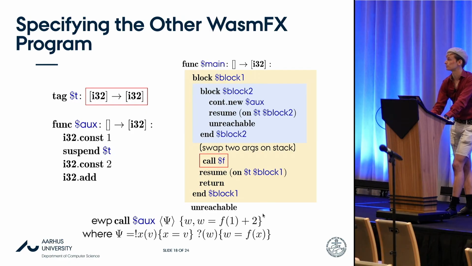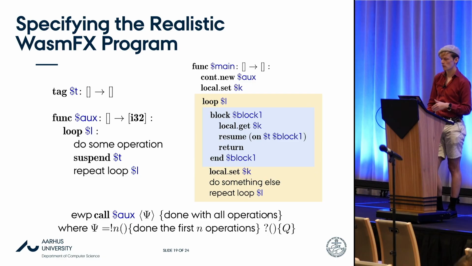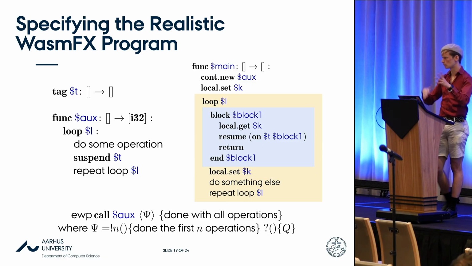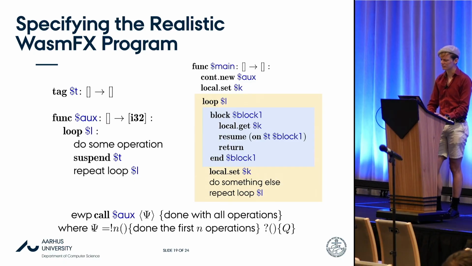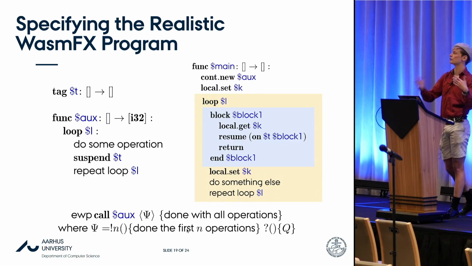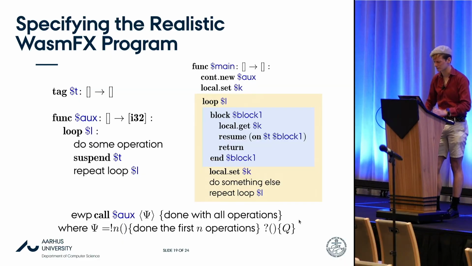And now I should be able to prove that when I call my auxiliary function, what I get back is f of 1 plus 2. In my realistic program, it obviously depends on exactly what do some operation and do something else are, but I could imagine I have a protocol that looks something like: there exists an n such that I've done my n first operations, and then I get back some q. It's really going to depend on exactly what you're doing here,